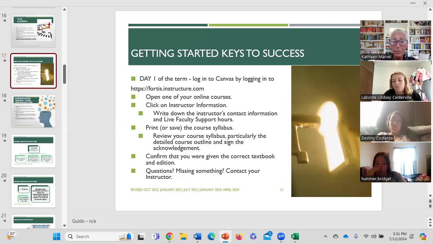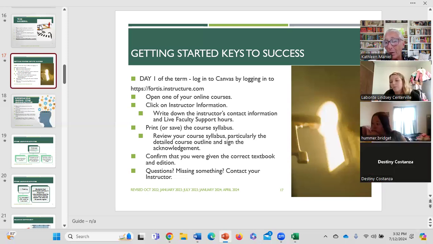I suggest you print or save the course syllabus. We'll go through that in a minute. Textbooks, we'll go through that when we get to the syllabus. You have to make sure you have access to all 3 textbooks that go with this class. Unfortunately, there's not a PN community book. The 3 books we have in this class, you should already have in your library: your fundamentals book, your med-surg book, and your intro to maternity and peds book. If you don't, we have to get that sorted out now.